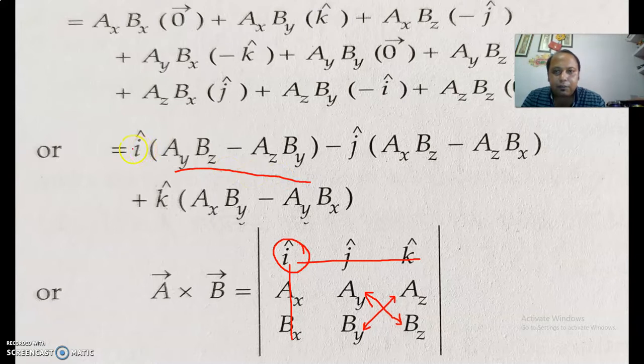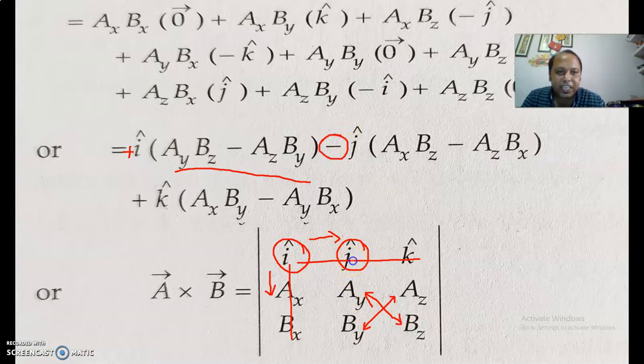Now here before I we have a positive sign. This positive sign is because the value of I cap is present in the first column. These are the columns. In this direction we measure column, and in this direction it is row. So this belongs to the first column and first row. So 1 plus 1, 2. 2 is an even number, so this is positive. Now in the second case, in case of j, it belongs to the second column, first row. So 2 plus 1, 3. 3 is an odd number, so that's why a negative sign is coming here.